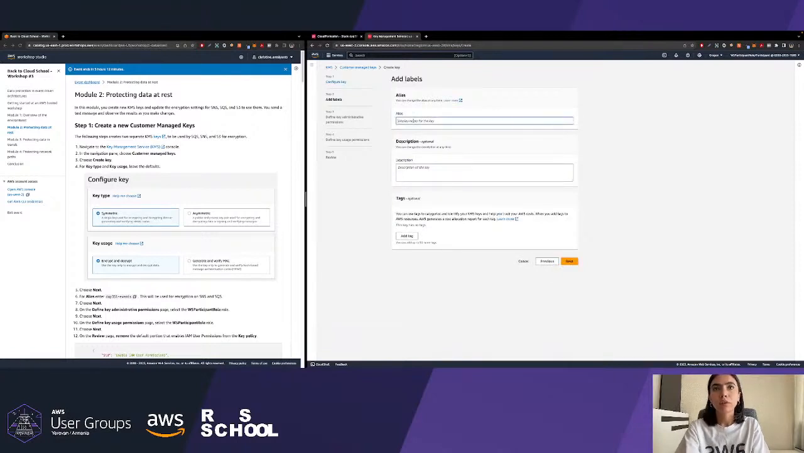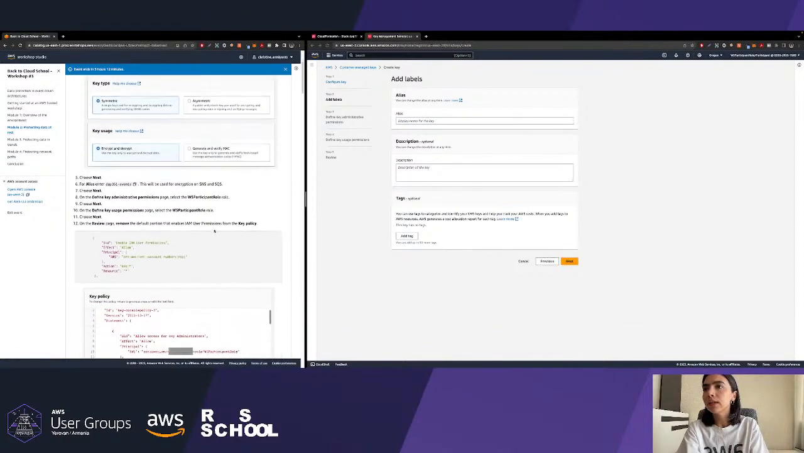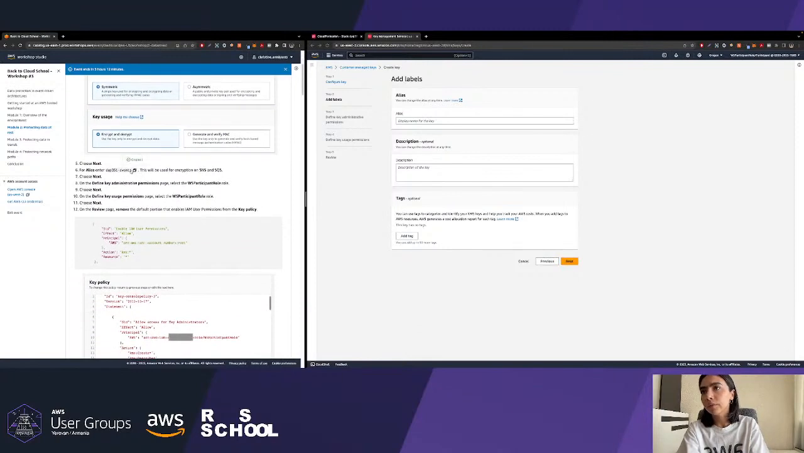Here we should apply some alias to our key. Let's just go to the documentation and copy that alias. Here you can see we have the alias with events in the name. Just put it in here and hit the next button. You can also describe the key, add tags, but it's not a part of today's workshop, so hit the next